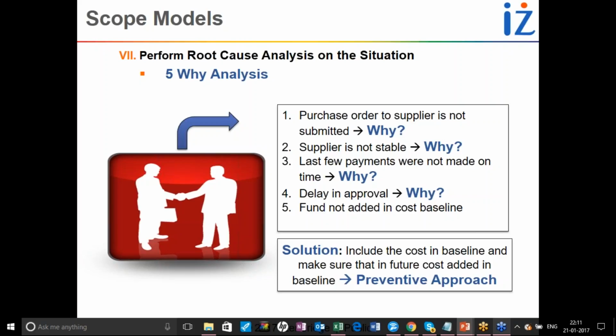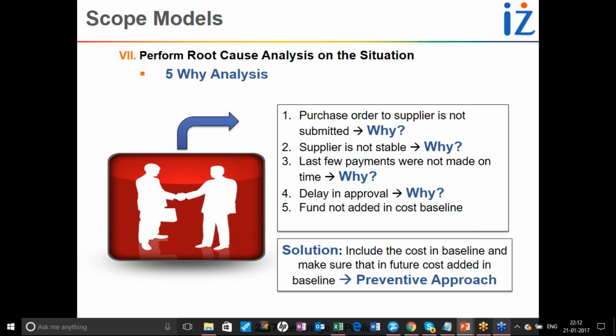The reason is that the supplier is not stable. Okay, the supplier is not stable, then what happened inside that the supplier became non-stable? Then when you are discovering the details and brainstorming, you get to know that the last few payments were not made on time. So if the last few payments were not made on time, then why will the supplier be loyal to you, and give the orders on time? Then what is the reason that you were not able to pay on time? That is because there is a